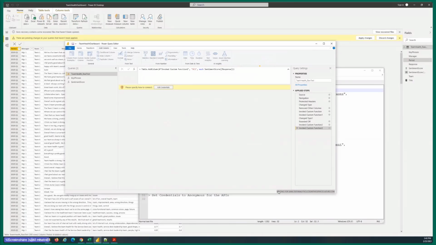If you notice the messages down here, it's waiting for Azure Cognitive Services to respond.